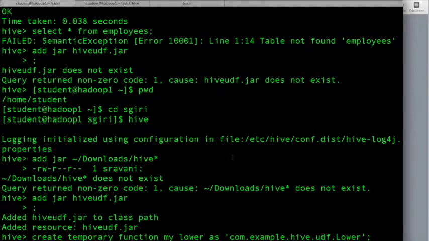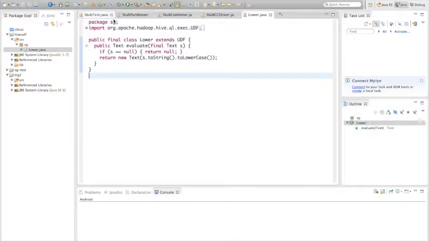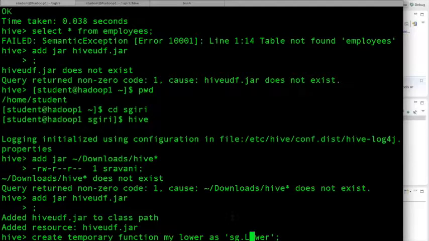Now you can define a temporary function called myLower using sg. Our namespace name is sg. You can see that here, package called sg, and